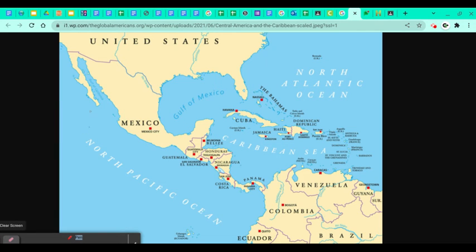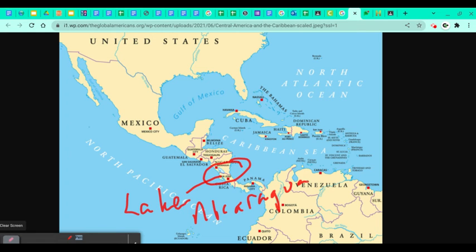Okay, let's clear that off. You needed to put Lake Nicaragua on your map, which is right here. You can see that lake, and it's just spelled Lake Nicaragua. Okay. As we go further down,